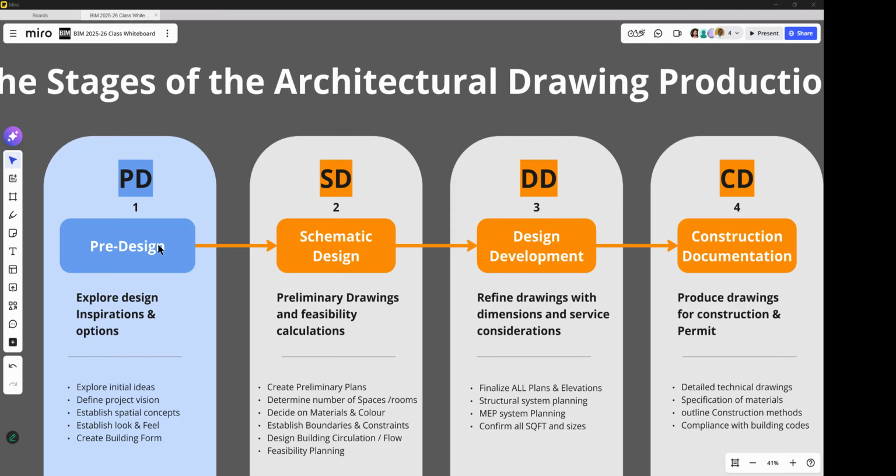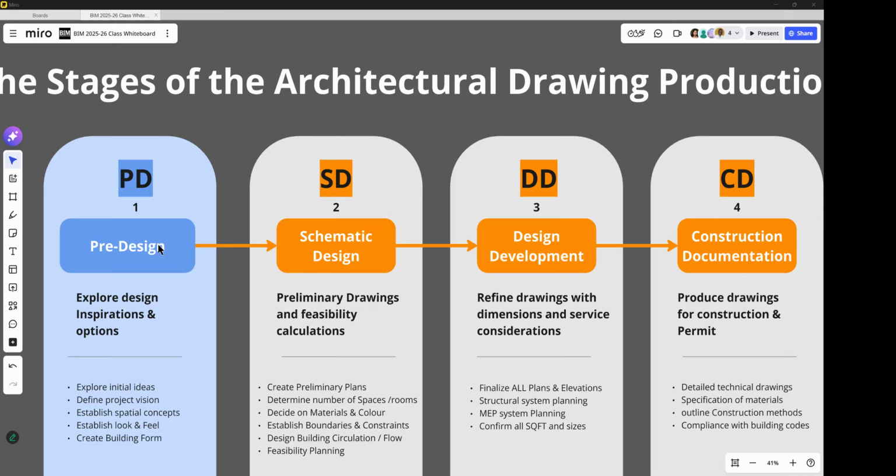So the pre-design is like what you do at the beginning of your design studio class. You come up with concept and precedents. Maybe you do some massing models, some sketching, that kind of stuff. Then you go to schematic design, where you start to resolve sizes, right?